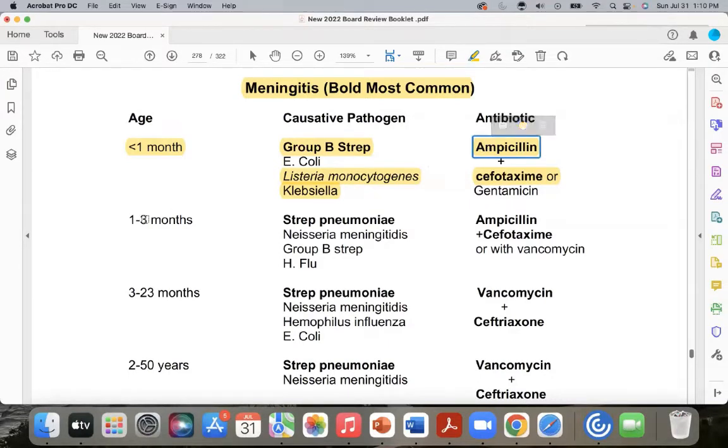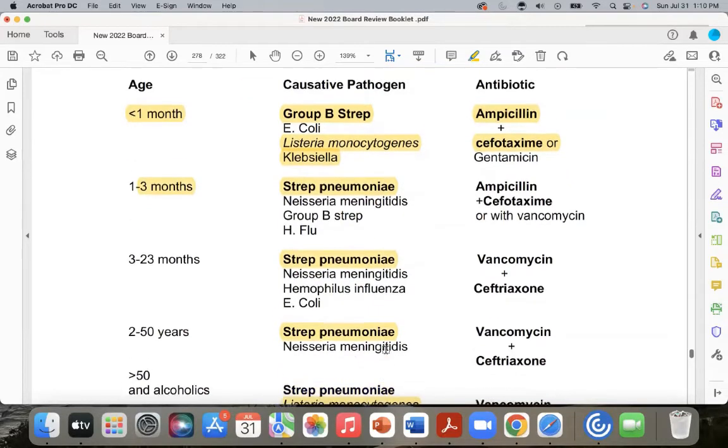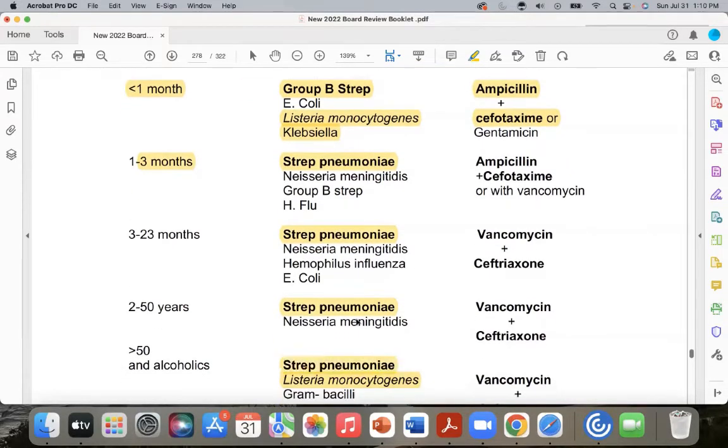After 3 months of age, so we can argue 1 to 2 months of age, we can have this academic argument about who's coming. But usually they won't give you that; they'll give you something else. So once they get to 3 months of age and older, what is the most common form of meningitis? It's strep pneumoniae. And guess what it is again? That's right, strep pneumoniae. So what's the most common form of meningitis after 3 months of age? You walk the earth as a Homo sapien, bipedal, 23 sets of chromosomes. What's your answer? Strep pneumoniae.